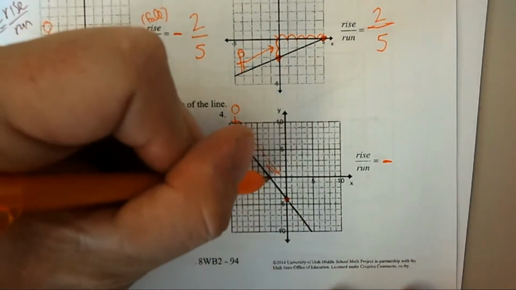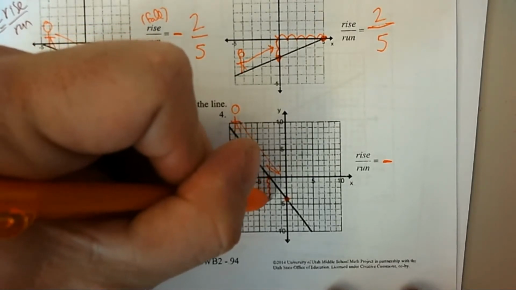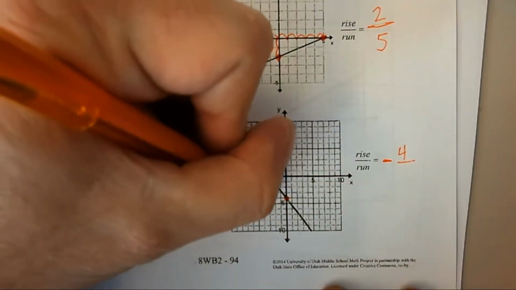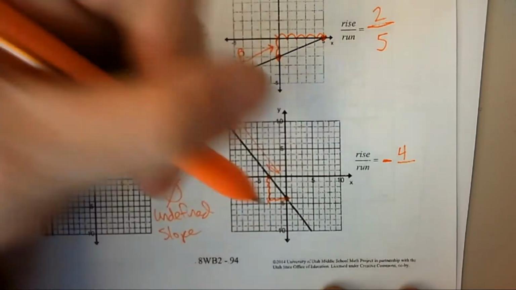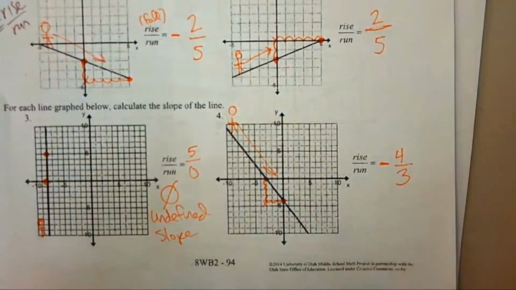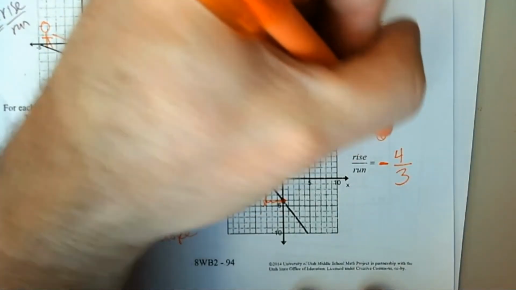So I have to go down 1, 2, 3, 4. Okay, so I fell 4. And then from that point, I need to run over 1, 2, 3. So I run over 3. And here is that improper fraction we're talking about. I do want to double check, is it reduced? You know, if I got like negative 8 over 6, I would want to reduce it to negative 4 over